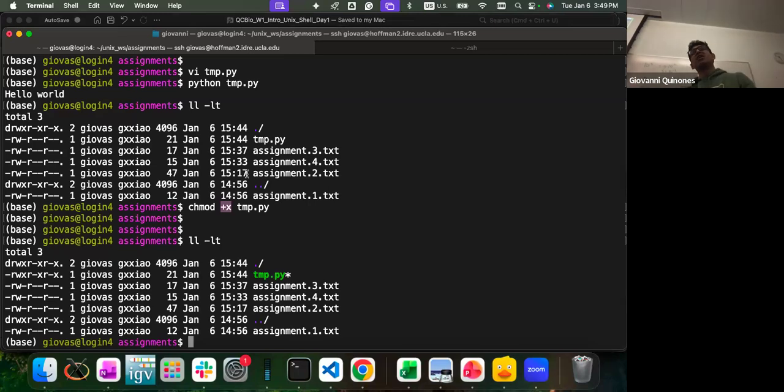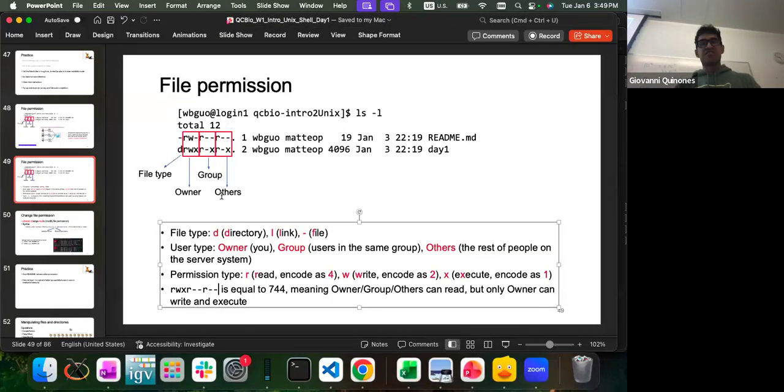In this case, because you and I are not in the same Hoffman group, if I wanted to share a file with you, or you wanted to share a file with me, you'd have to change the specific file permission to pretty much the others level. Because me in relation to you, I'm in this others category. I'm not the owner of your accounts. I'm not in your group, but I am a Hoffman user. So that would be one way of sharing files across users. Of course, there are other ways that are more convenient than that.